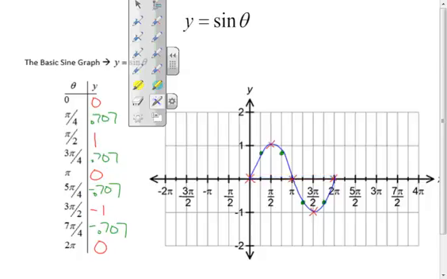Well, what do we mean by one cycle? Well, it's a piece of the graph that you get that in its entirety you see before it starts to repeat. And when it repeats, it just repeats itself. And we'll talk about that in a second here, okay? You see that the maximum value is 1, and the minimum value is negative 1. This is very important for the sine wave. We also see that the output starts at 0 and ends at 0. We also see there's a 0 in the middle, and that's very important when we talk about the sine wave,